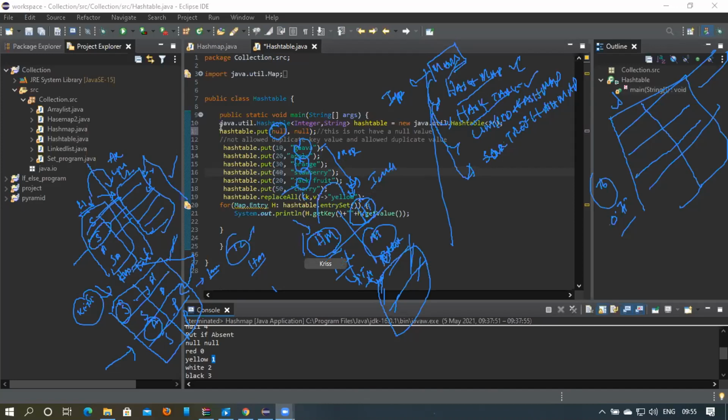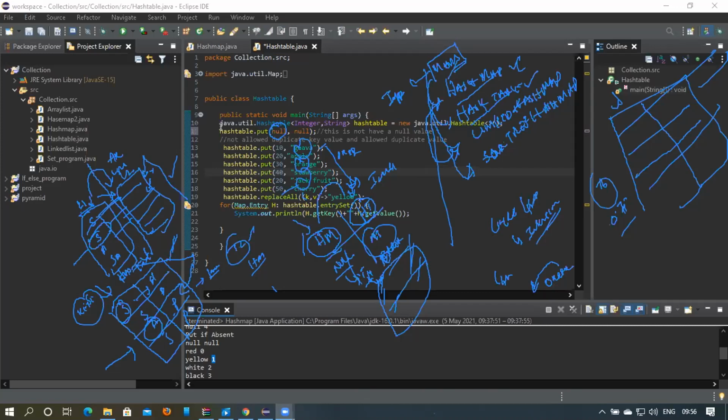Now I'll take the differences between the hash map and the linked hash map. Don't get confused with the linked list. In a linked list, how do you have the insertion order? Insertion order means there is a list. In any linked list, the order of insertion, how would it be? Last in, first out.